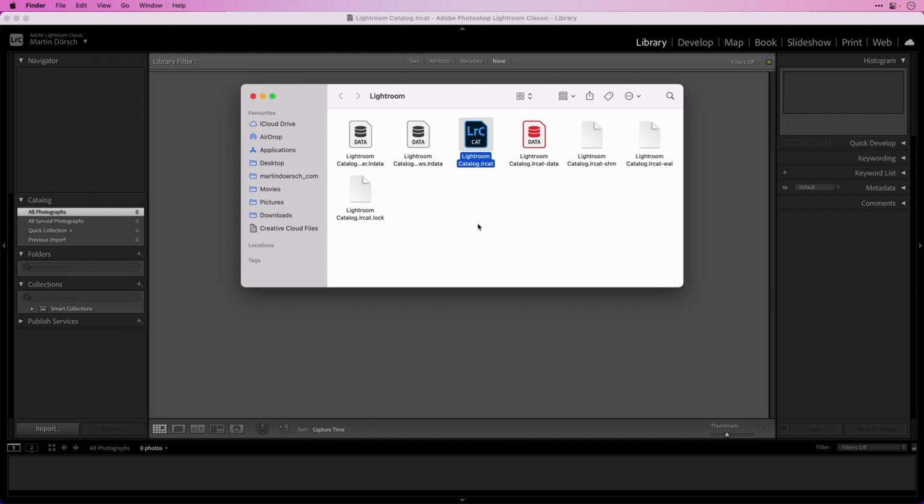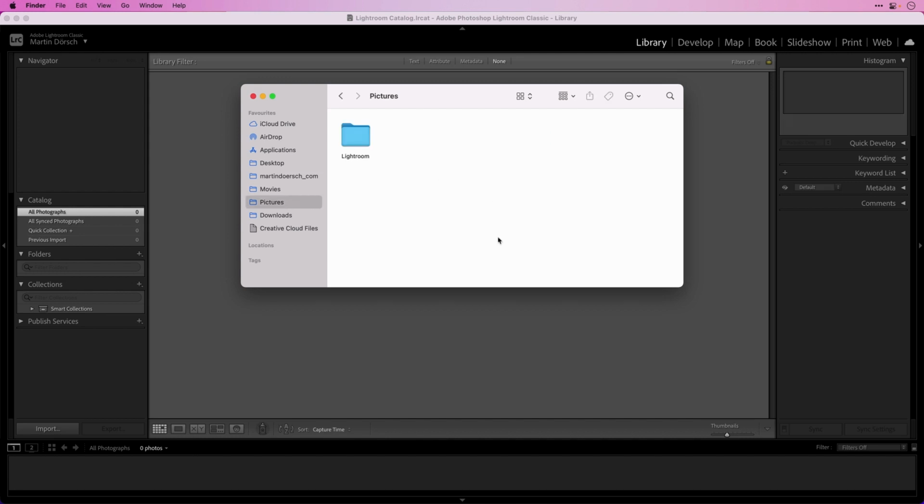So information about your metadata, your tags, your settings you did in the Develop module and many more. But it's important to know that inside the catalog and inside this folder there are no images stored. So if you make a backup, be sure that you save the catalog file and the destination where your images are stored. Normally it's the Pictures folder.